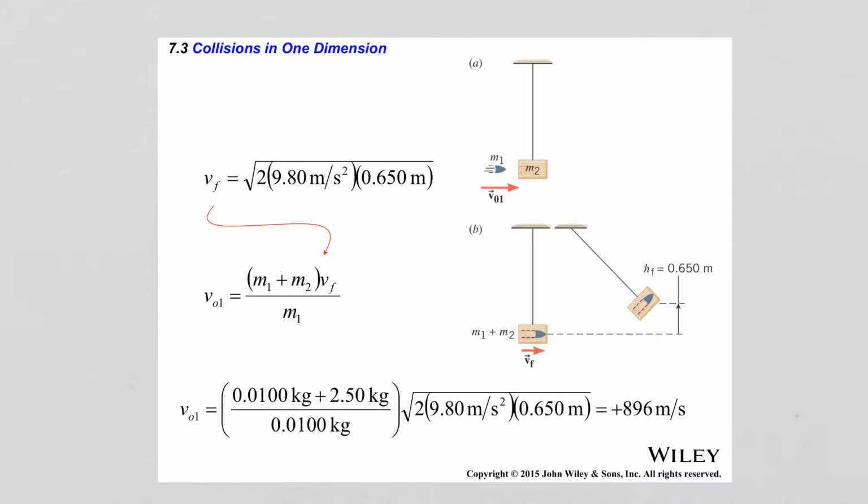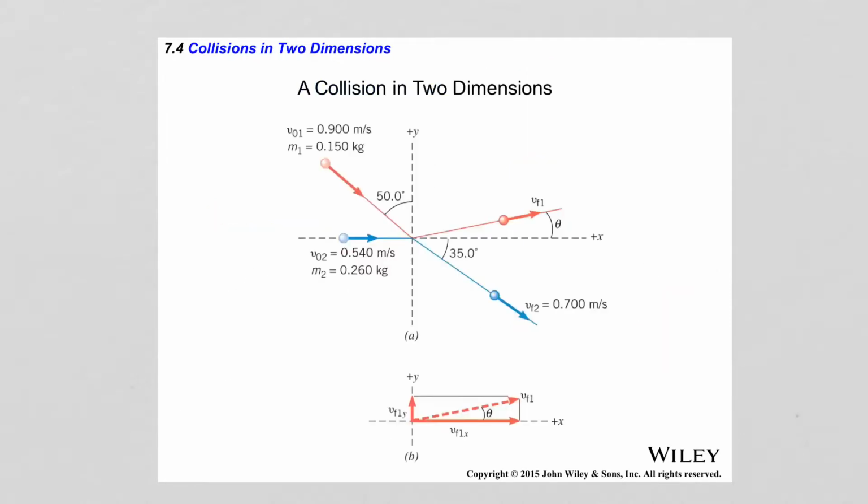So those types of problems, where an object is shot towards another object and both get stuck, and then they swing together as a pendulum, are always done by using conservation of linear momentum and conservation of energy. The examples that I discussed so far were all examples of one-dimensional interaction, one-dimensional collisions. However, in general, collisions are in 2 or even 3 dimensions. So let's look at